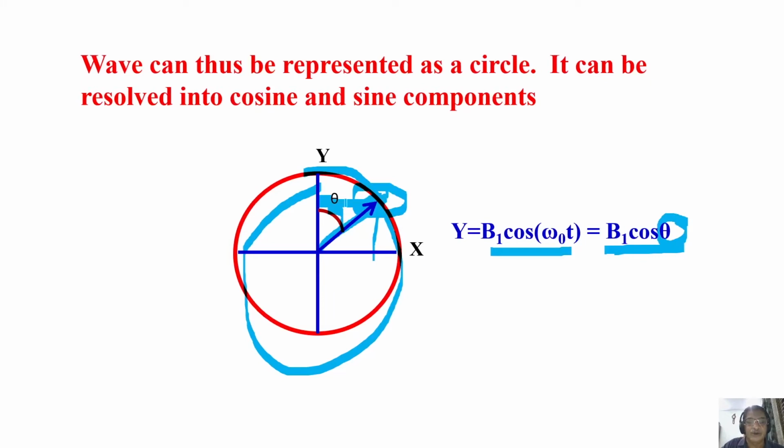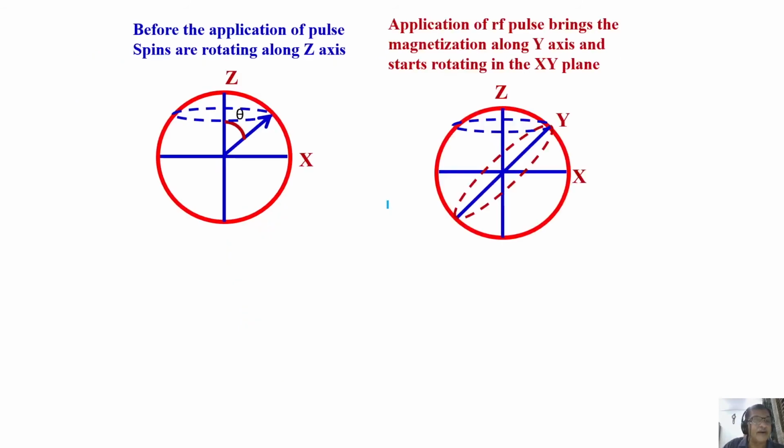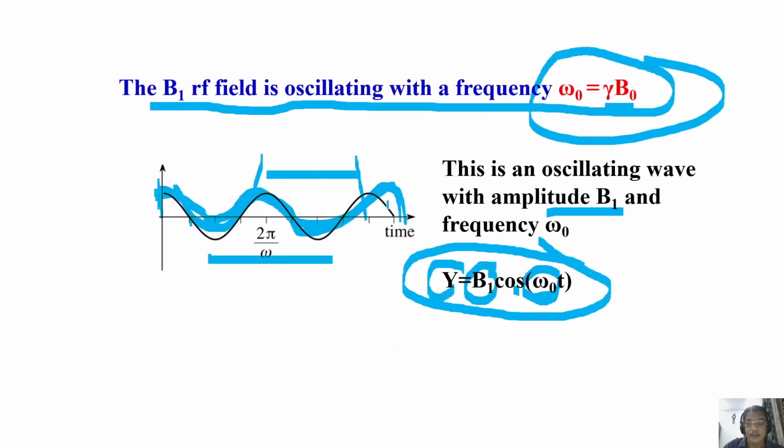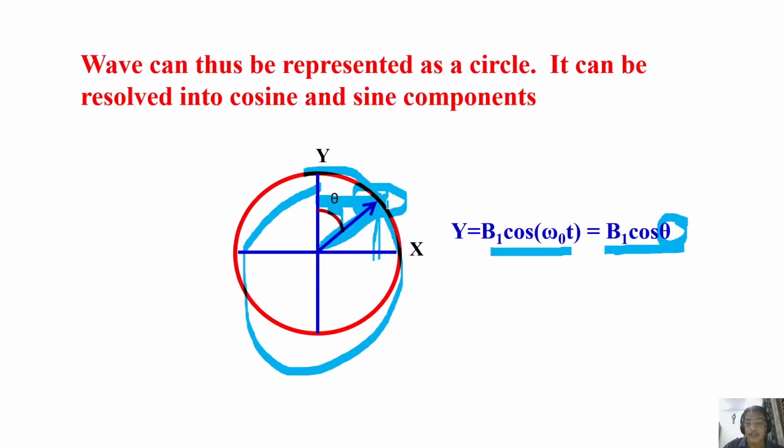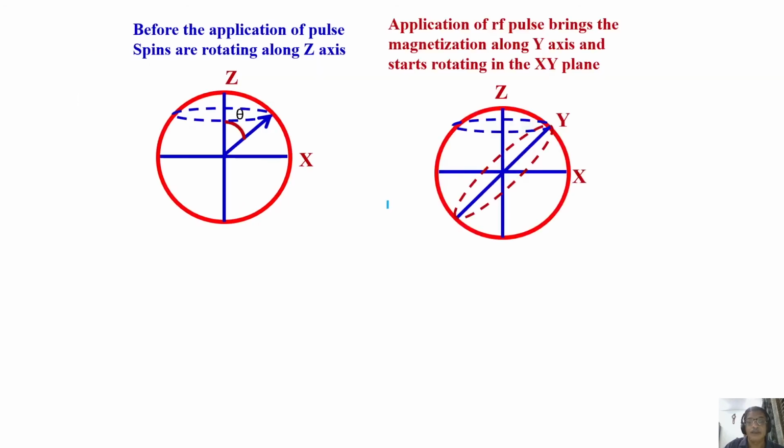When theta is equal to 0, it is here. When theta is equal to 90, it is here. Now you can find out the components. When theta is equal to 45 degrees, it is here. It's a vector. It resolves into this component and this component. So you can have both a cosine component and a sine component. I didn't mention that, but it doesn't matter. You can resolve them into cosine and sine components.